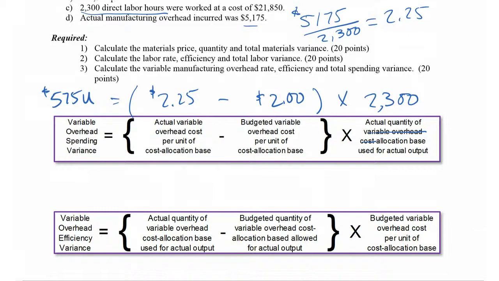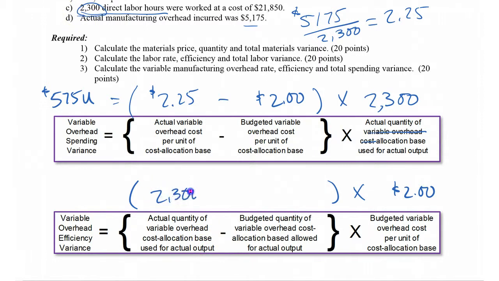Now let's look at the efficiency variance. Before, we held quantity constant and looked at the change in price. Here we're going to do just the opposite. We're going to keep the price constant and look at the change in quantity. So the budgeted price per labor hour of overhead is $2. And now we're going to look at the change in these amounts. So the actual quantity of allocation base, again, we've used that number a couple of times,